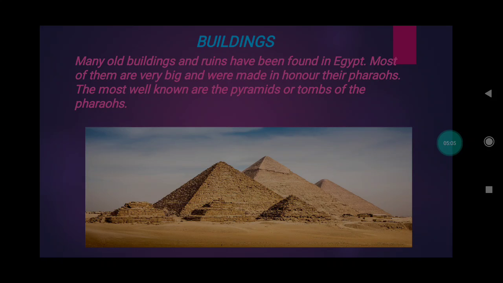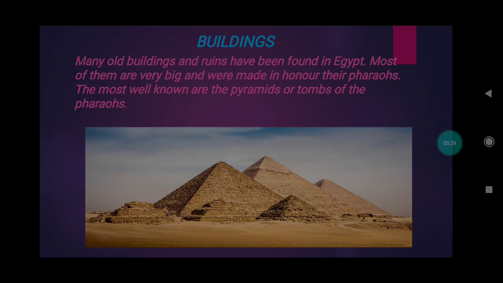Buildings. Many old buildings and ruins have been found in Egypt. The most well known ruins are pyramids or tombs of the pharaohs. These pyramids were built as the resting place for the pharaohs and